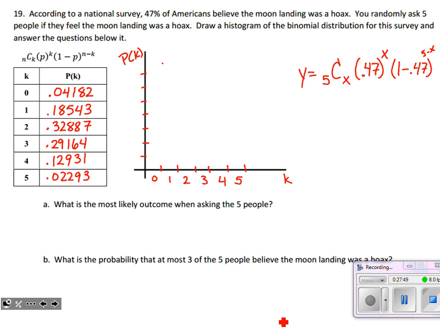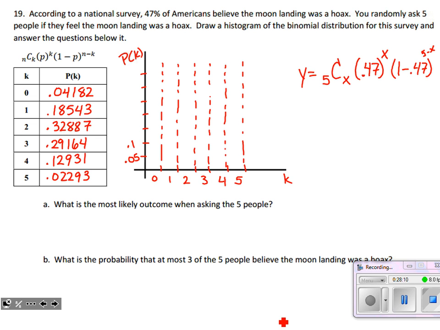Okay, and I'm just going to be particular about these lines being parallel, so I'm just going to take some time to make some dashed lines here so that my columns actually look nice. They're not bending all over the place, making a Salvador Dali painting, the melting clocks. And then my y-axis, you can see I made 7 tick marks. That's so I can count up by nice little 0.05 increments and end up at 0.35, which is higher than the highest probability I saw as an output.